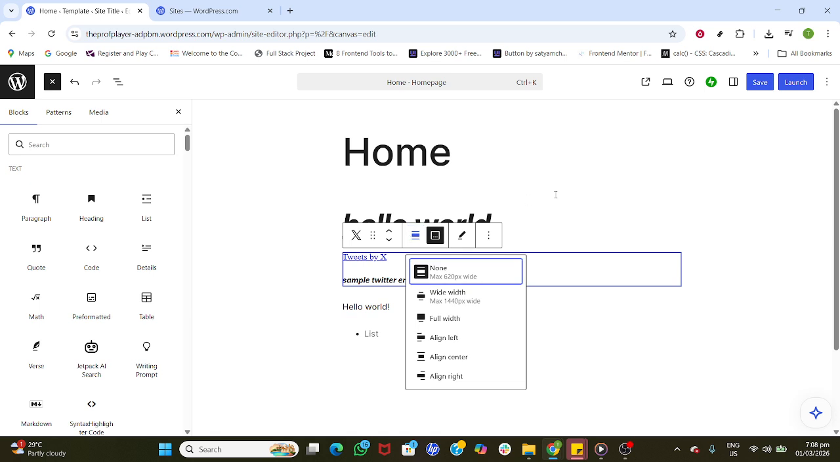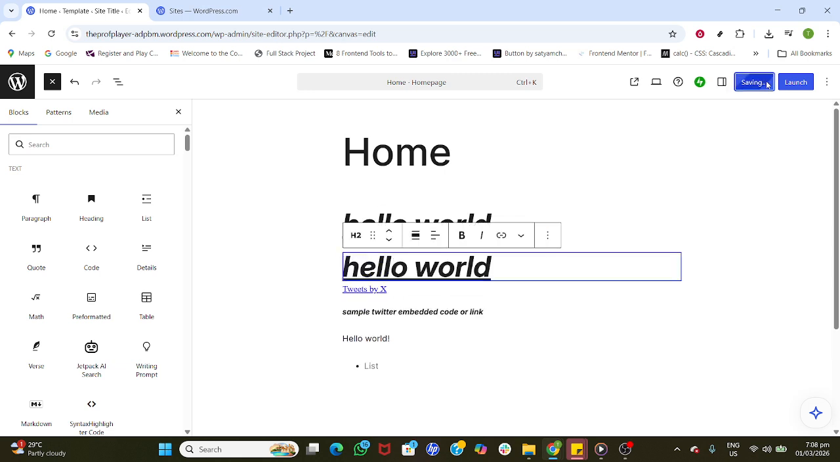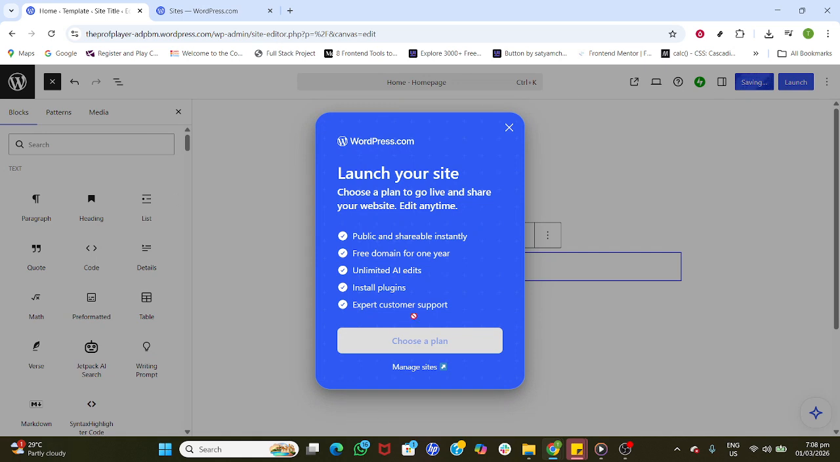WordPress may show you a summary of what's changing. Confirm to save those updates. Finally, click Launch to publish your saved changes so they're live on your site. Give the page a refresh in a new tab to double-check the results. If something looks off, return to the editor,